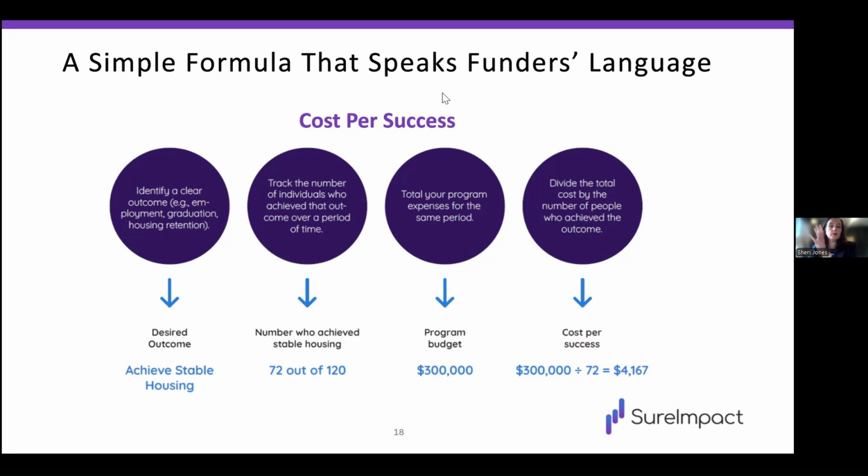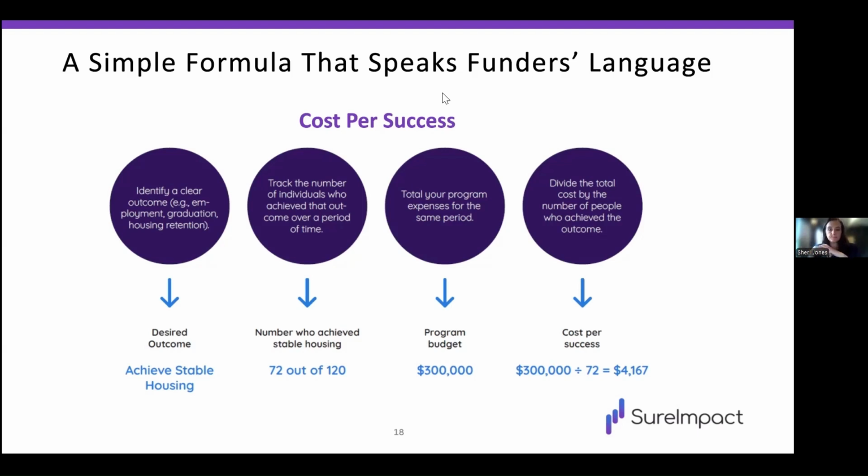Now we need to know what our total program expenses were for that period. And when I say program expenses, my recommendation is you include it all. Include the marketing, include the overhead, include everything it took to deliver that program, because that's what it took to deliver this success. So make sure you build your program budget to include it all when you're calculating your cost